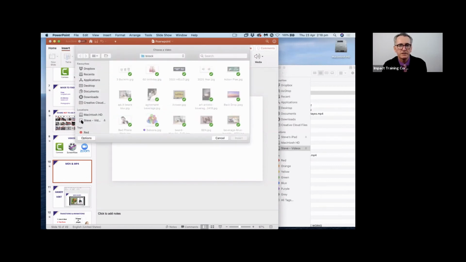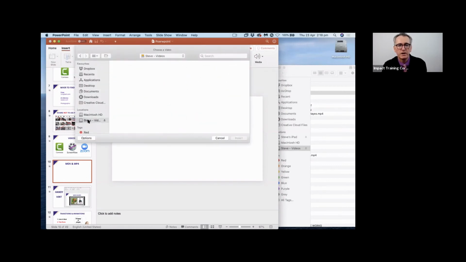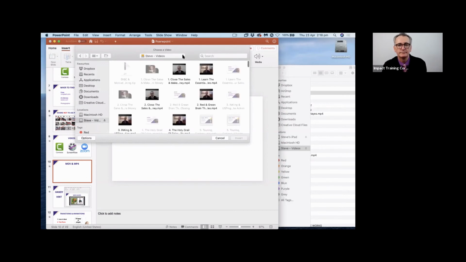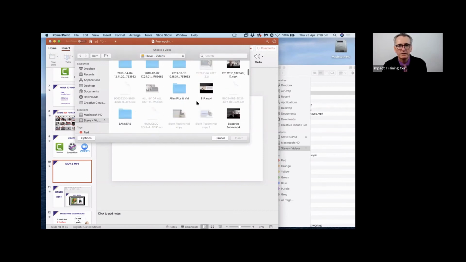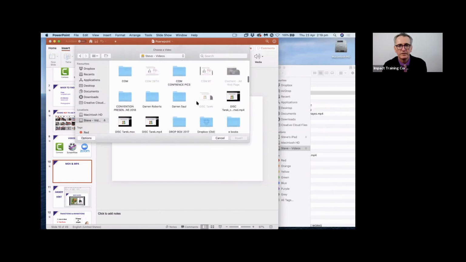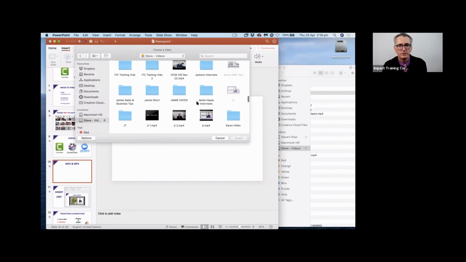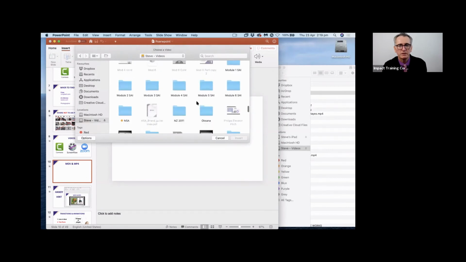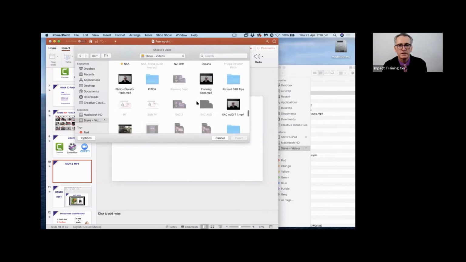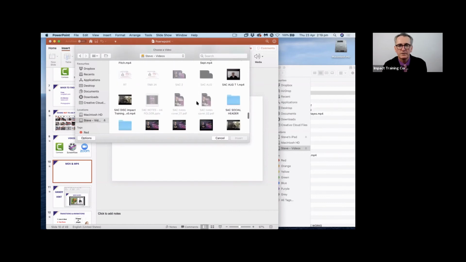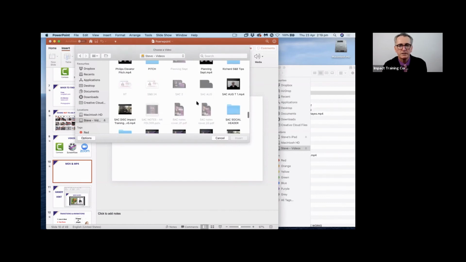Now my files is a portable file. There's billions of videos. Which one am I going to put in there? Scroll through. Not get a big one. Let's have a look here. Easy one. Oh, these are tiny little ones.